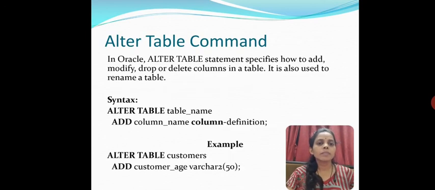Now the next DDL command, data definition language. Its full form is data definition language. Here it is the alter table command. Now we have created a table. Okay, and if you want to make certain changes in that, for example, in our table there are only 3 fields. That is the ID of that customer. The second thing we added is the name of that customer, and the third which we have added is city. If I want to add one more field